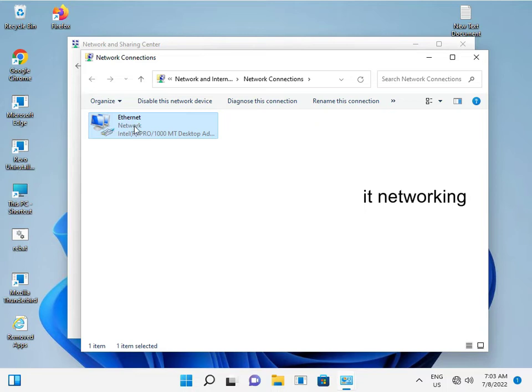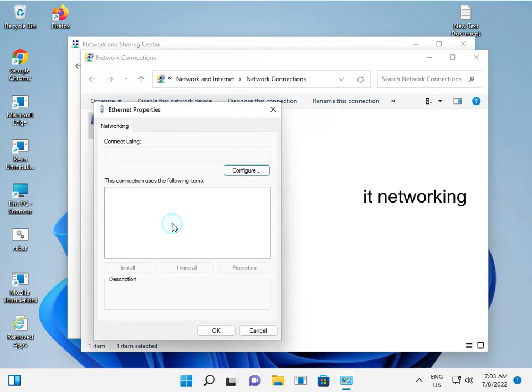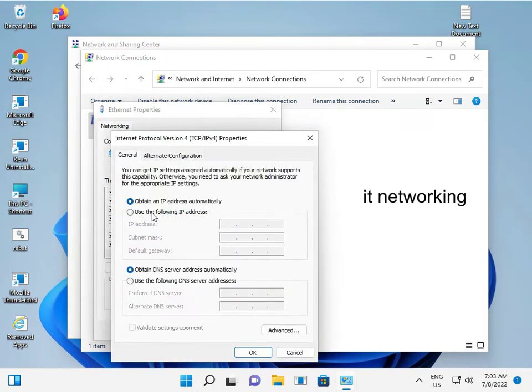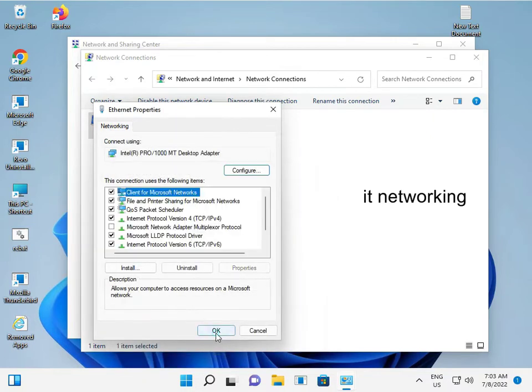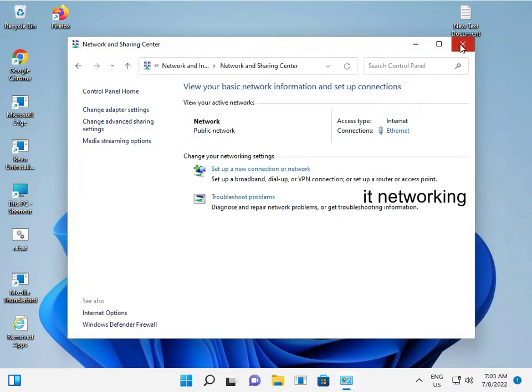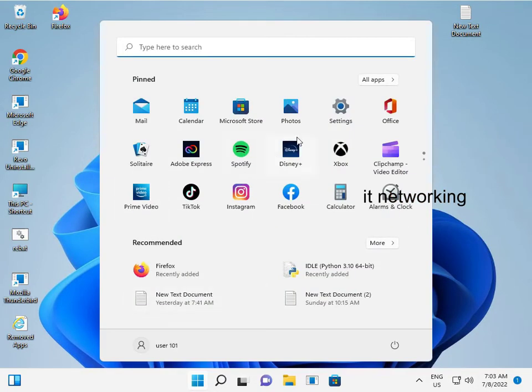then again right click and click properties, and double click on IP version 4 and select obtain automatically, and then okay, okay, and then close. Then guys, go to settings,